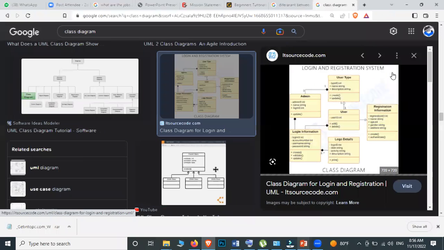Okay, there is one more, a login and registration system. So there is a user type. The admin is fully depending on the user type. When you use a computer or some software, it shows whether you are an admin, a student or a teacher, doesn't it? So these are fully dependent on the user type. Student is also fully dependent on the user type. Fully dependent means there is no point keeping admin separately. So it's fully depending on the user type.